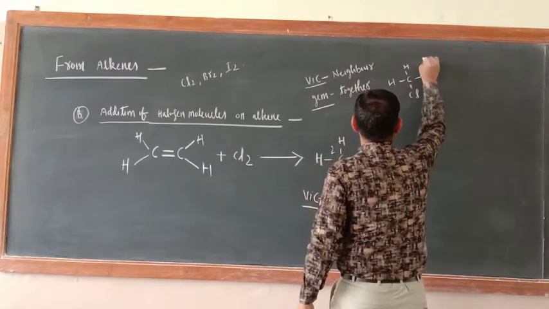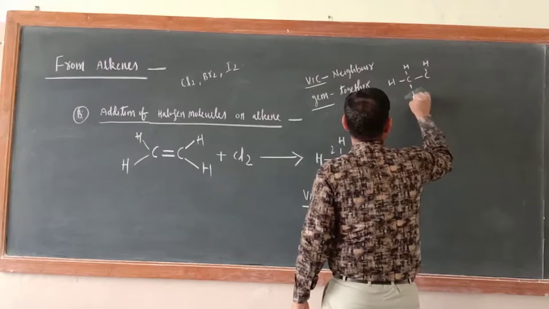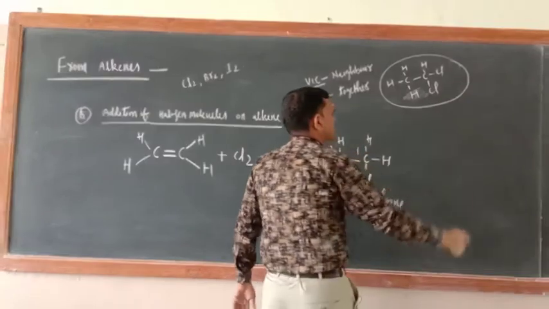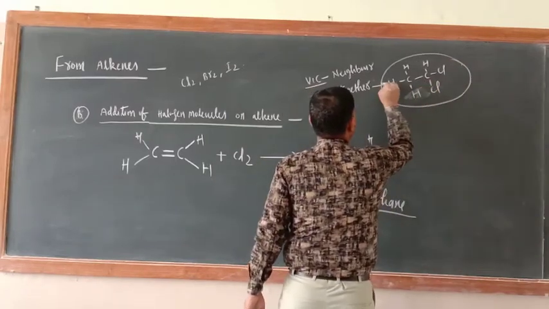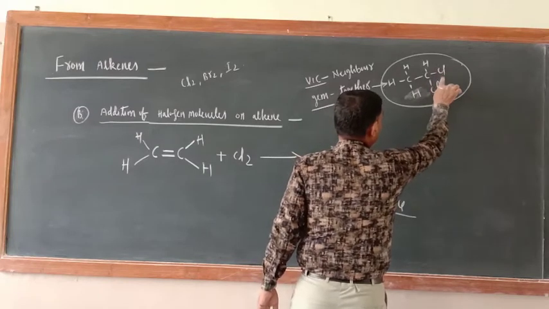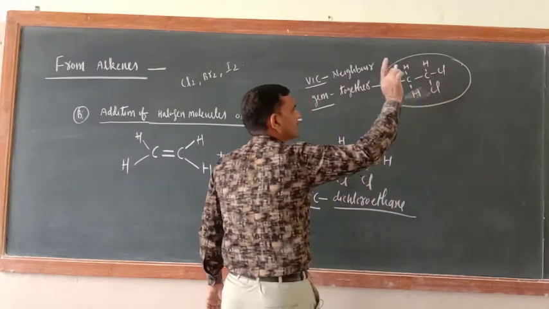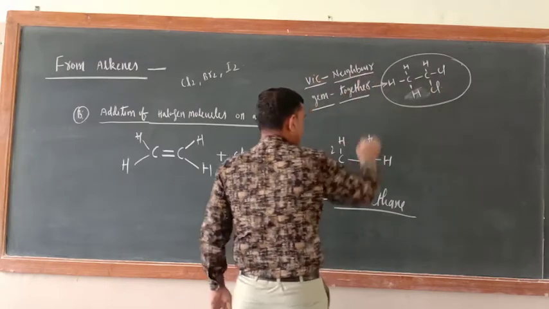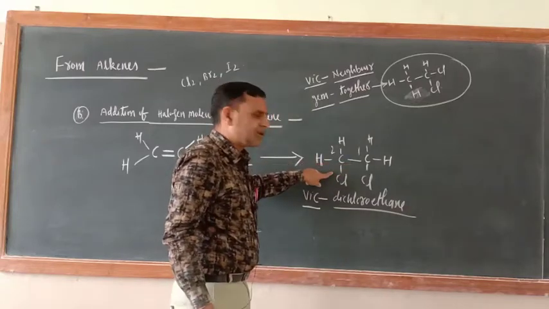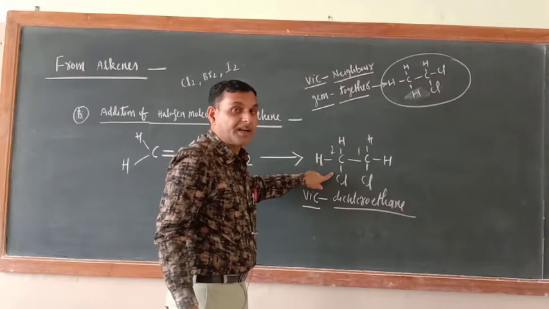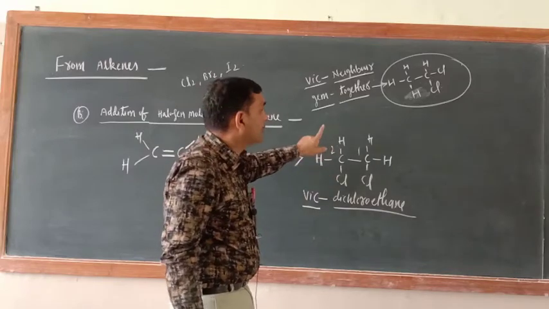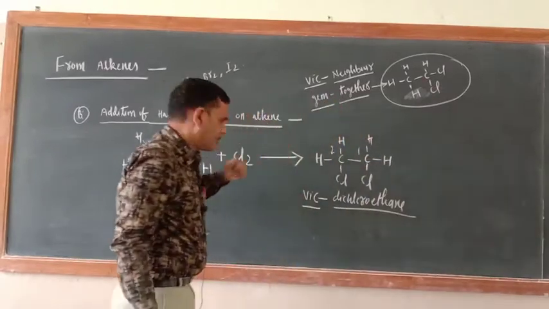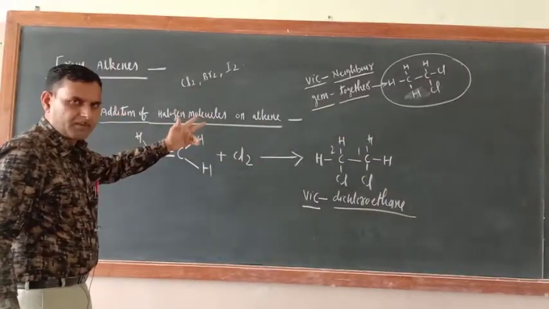HCHCl. Here what is there? H. Now just see, here H, here Cl, here also Cl. Both are attached to the same carbon atom. So both halogen atoms are attached to the same carbon atom, so this is the gem condition. And what is the vic condition? Vic condition means when halogen molecules are bonded to neighboring carbon atoms. When halogen molecules are bonded to the same carbon atom, that is gem. Gem means together. Okay, so I hope that you have got the meaning of vic and gem.